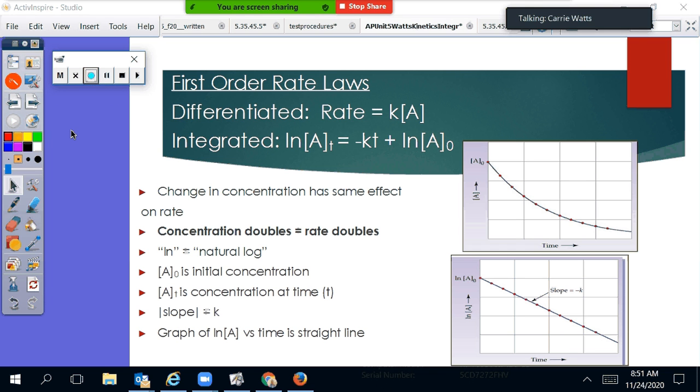So this is first order rates. Remember, for first order, your rate is going to be your constant